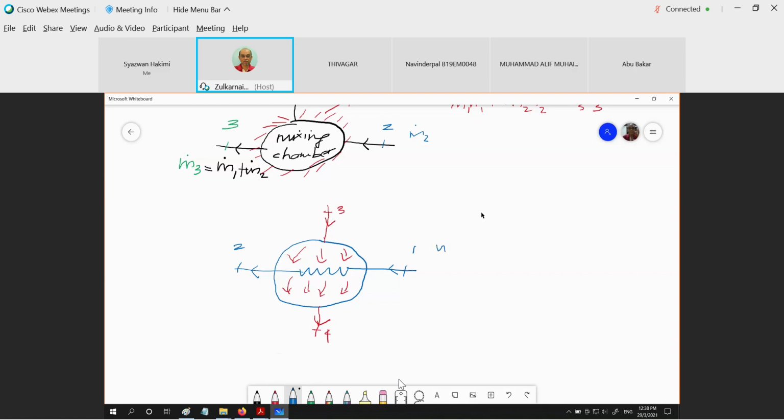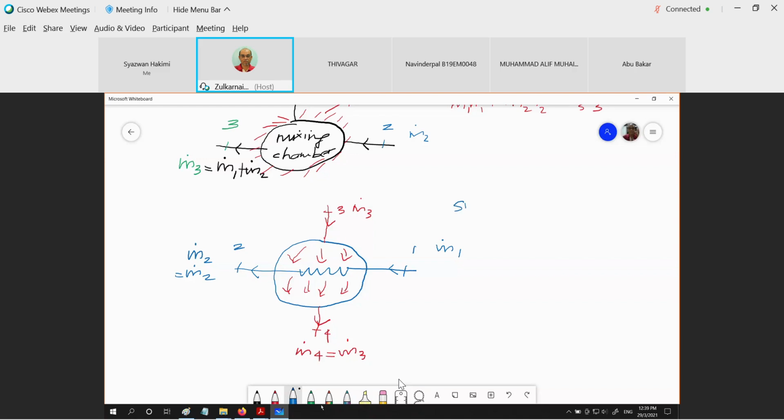So this is m dot 1, this is m dot 2. This is m dot 3, this is m dot 4. According to mass conservation, as for the flow rate, m dot 4 is equal to m dot 3, and m dot 1 is equal to m dot 2, because it's a separate passage. It does not directly mix. There is a boundary that separates these two fluids, the red fluid and the blue fluid. Okay? And when we